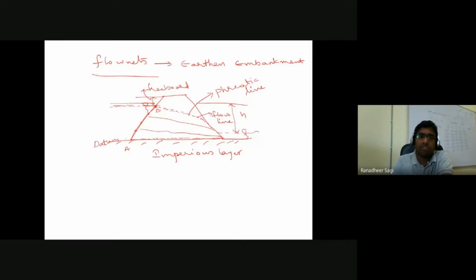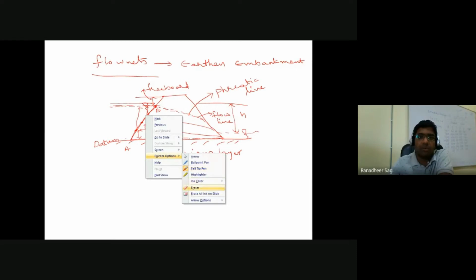So with this reference datum, if I want to calculate my total head here, it's nothing but the elevation head, this much, and the subsequent pressure head, this much. Here, the elevation head is this much, and the subsequent pressure head is this much. So I can simply say the total head you have got is the same. So once I understand that the total head value along that particular line AB is the same, then